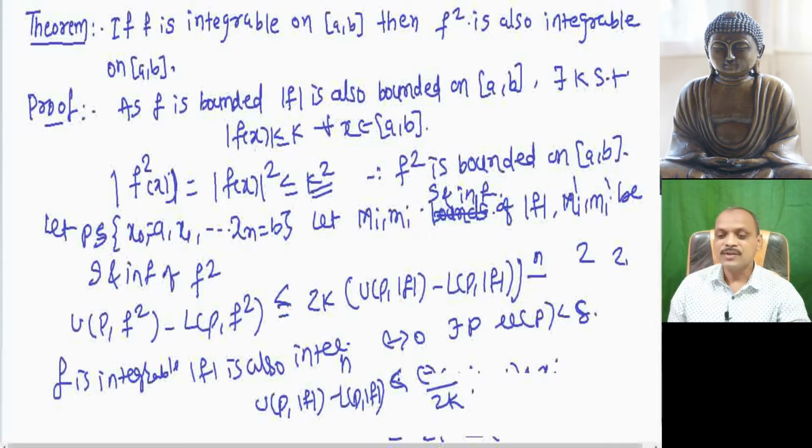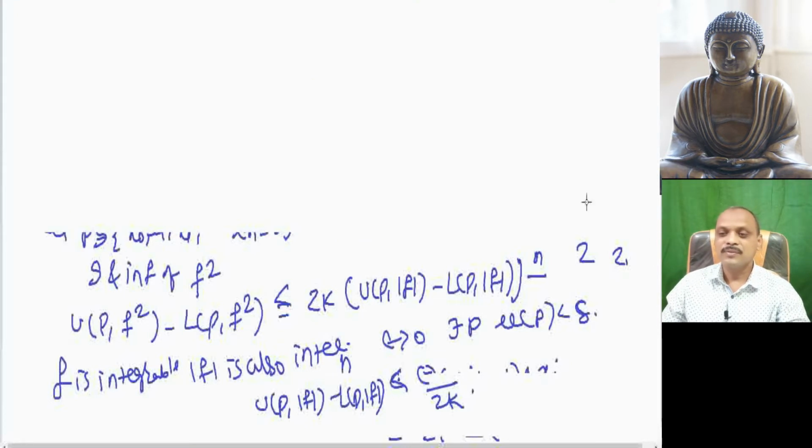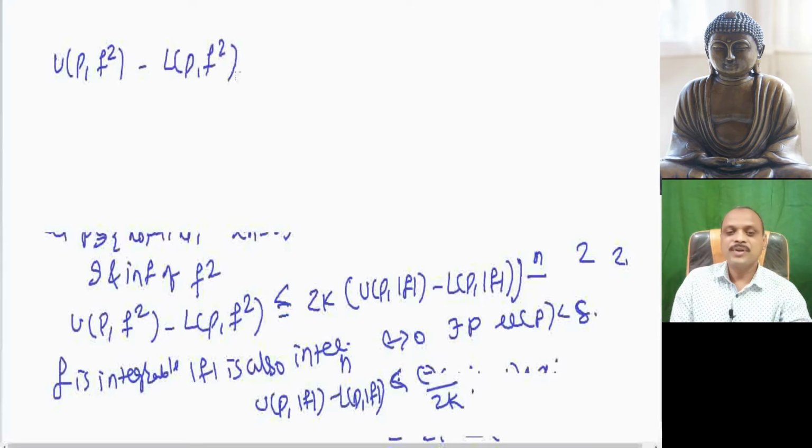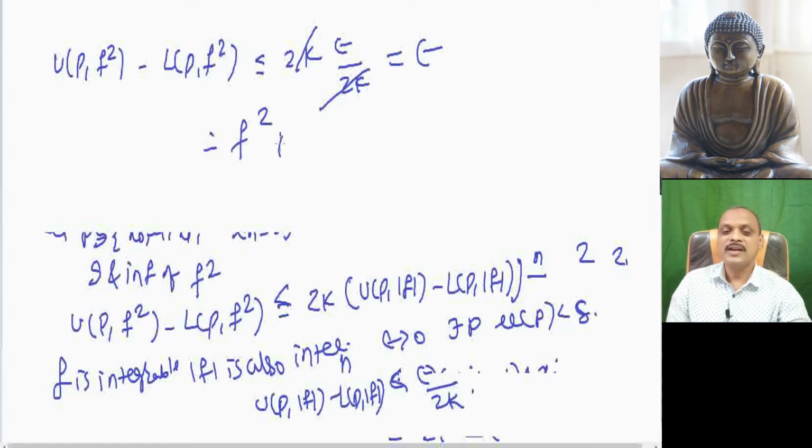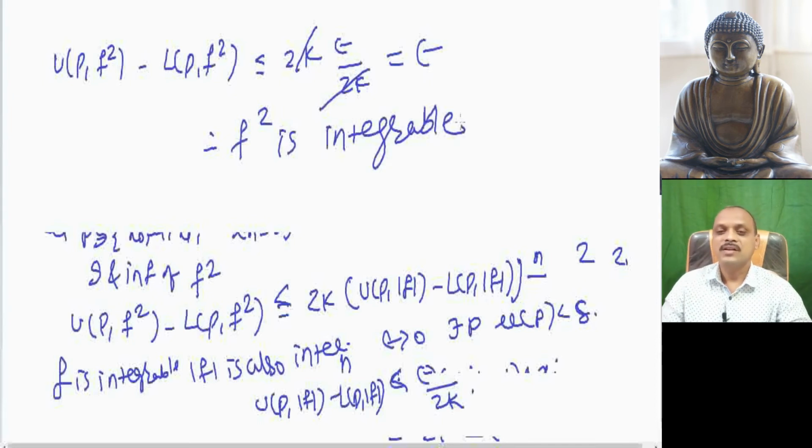Here you can substitute the upper sum minus lower sum. Then we have U(P, f square) minus L(P, f square) is less than or equal to 2k into epsilon divided by 2k. That is, it is less than or equal to epsilon, and hence f square is integrable. So this is about